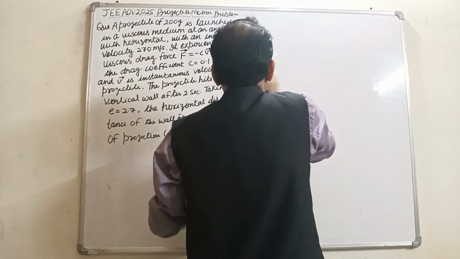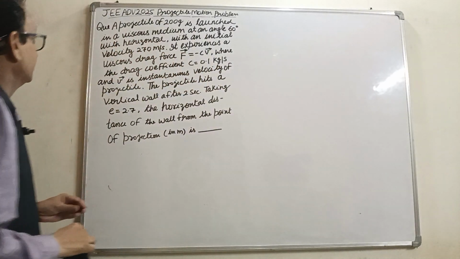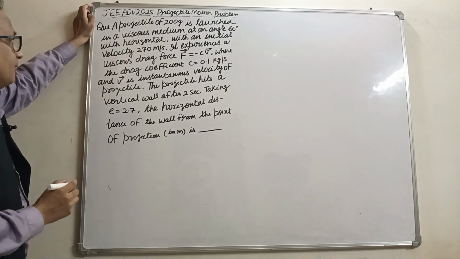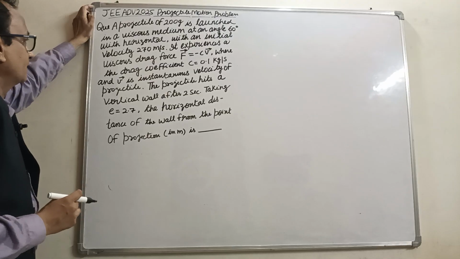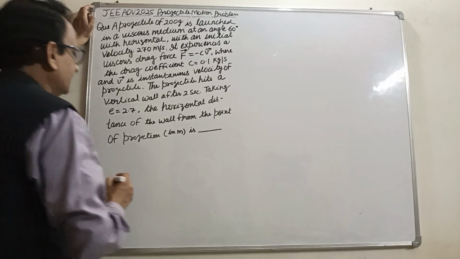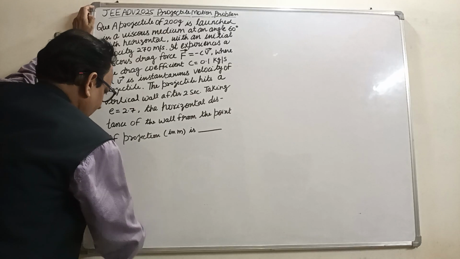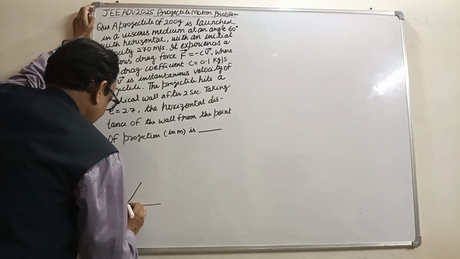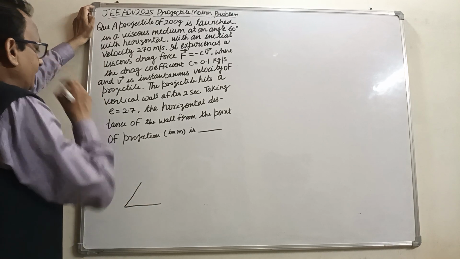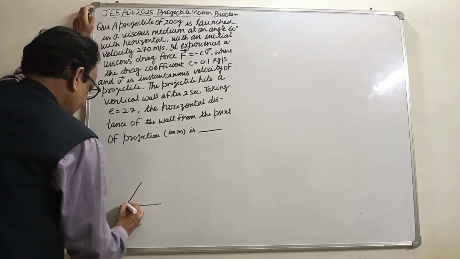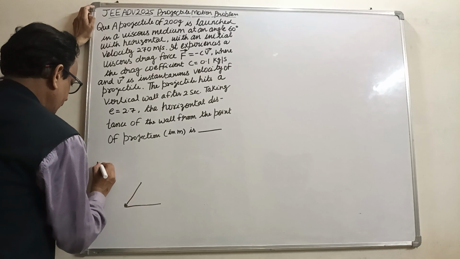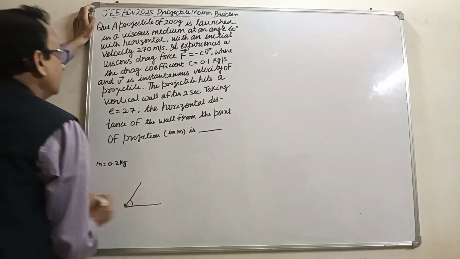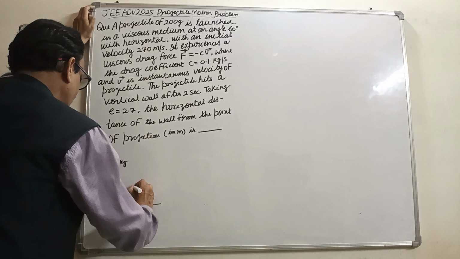We have discussed here the problem that has been asked in the IIT JEE Advanced examination. In this problem a projectile of 200 gram is launched in a viscous medium at an angle of 60 degree. So this is a projectile of 200 gram. This is the mass, m is equal to 200 gram, and this is the initial velocity u is equal to